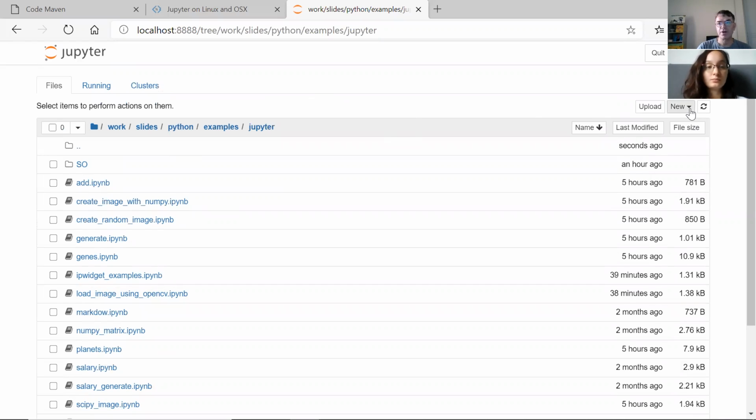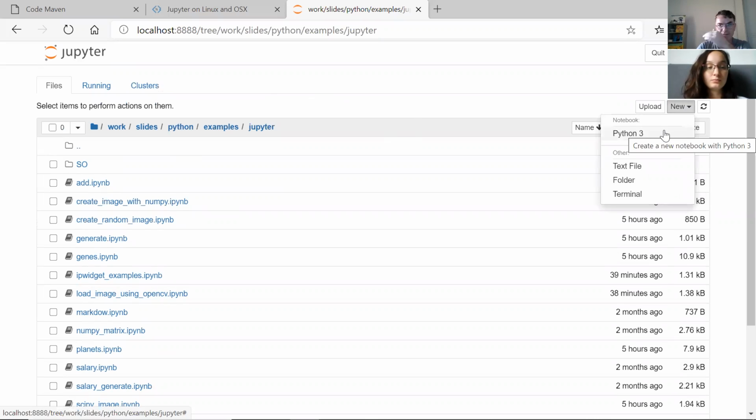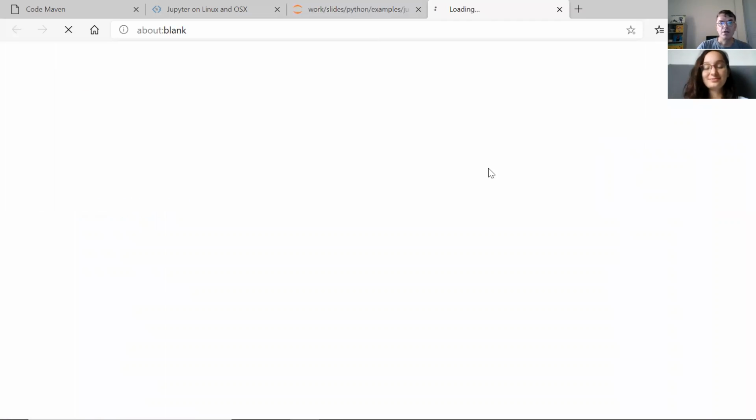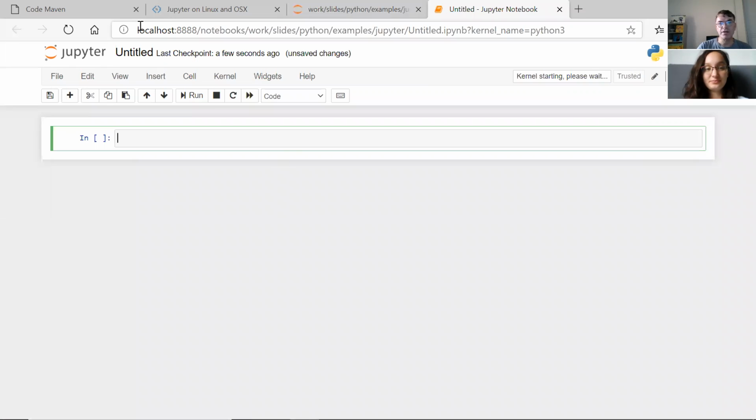So you come here to the right side, there is a new button, and then new down, and inside you can select what type of notebook you would like to start. And by default, it says Python 3. You could install other environments inside, but we do not care. We just care about Python 3 now. It opens another window